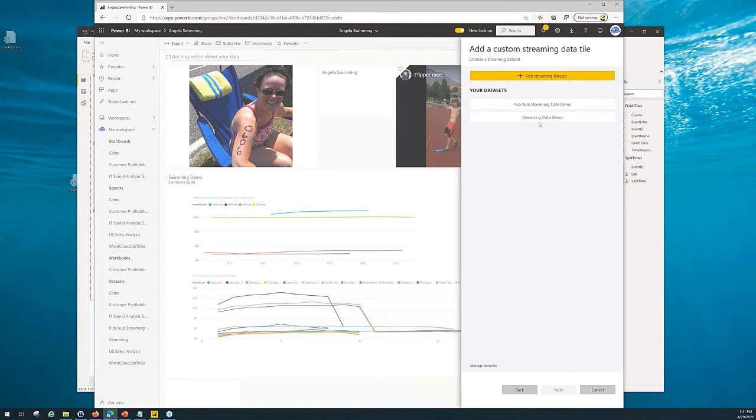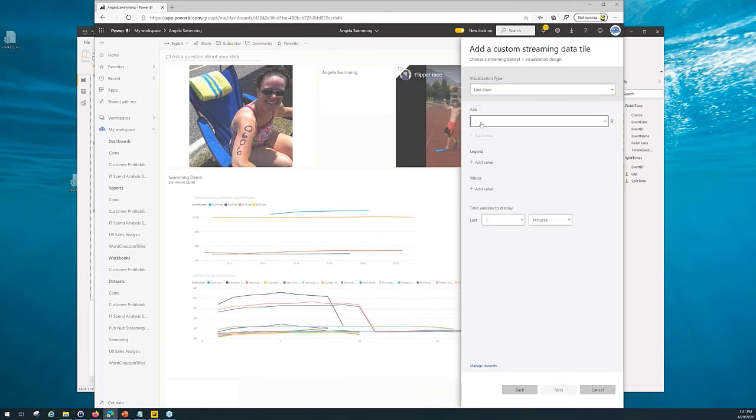I have two that I've already created. So let's go ahead and grab this one, say next. We can pick what kind of visualization we want to use. Let's use a line chart. Let's add a value. Now, what I'm using is a publicly available sensor streaming data through PubNub.